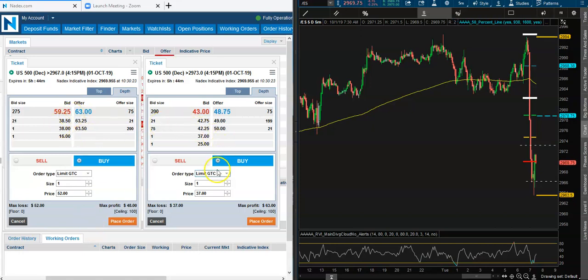But remember, it all depends on the bid ask. I'm sorry, I take that back, because we were at 52, now we're at 60, right? That's an $8 move, while here we're at a $6 move. 37 to 43 would be about a $6 move. So it's not a huge difference, but it's one of those things where if you think we're going to have a bigger bounce,